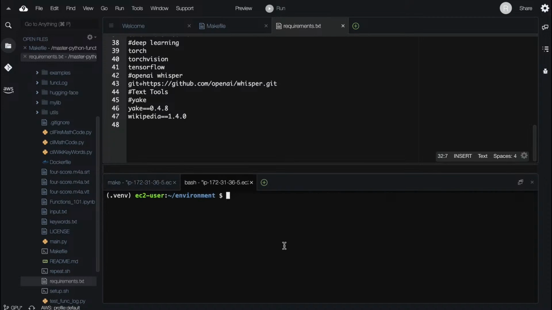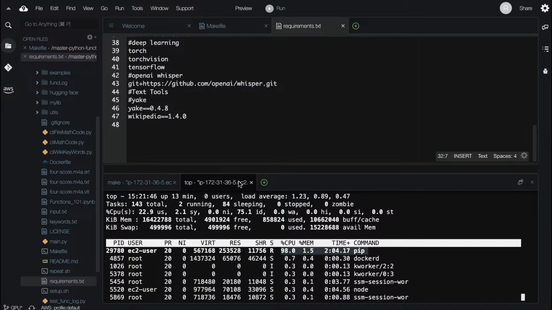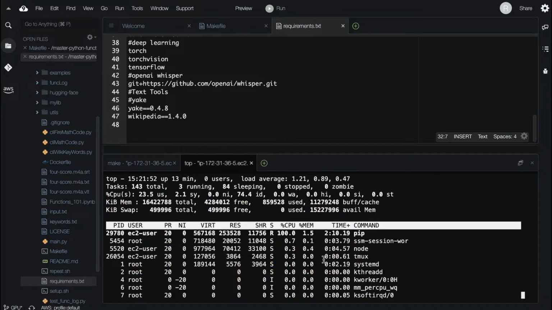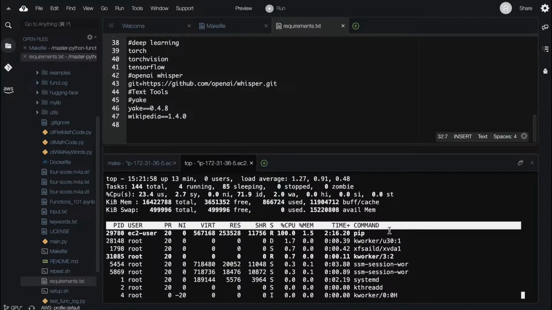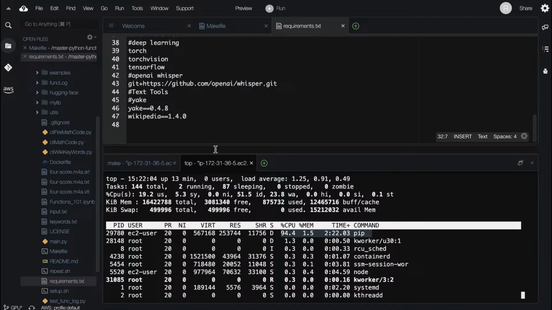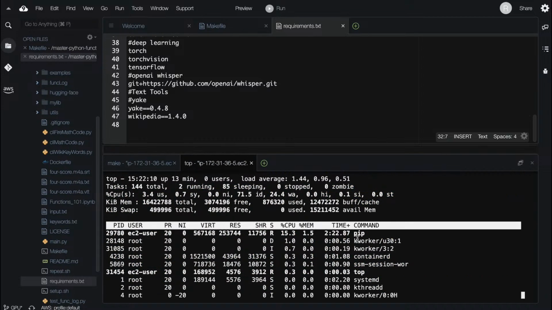And one of the things you can do to debug things is say top and just see what's happening. And look, we see pip is still cranking right here, and it's set up as installing Wikipedia. I'm not sure why Wikipedia is taking that long, but if you're having issues, you can always just do the top command and take a look at it and see why it's hanging, which is strange that it's taking that much time for just Wikipedia. We could also double check. Oh, there we go. It looks like it's diminishing. It's getting done.